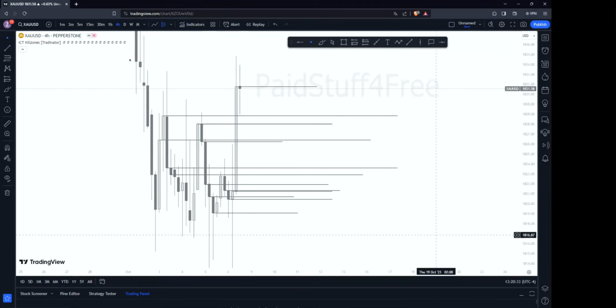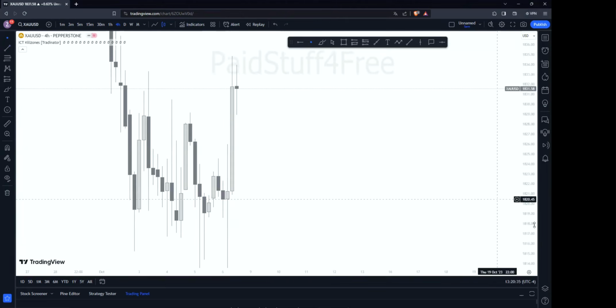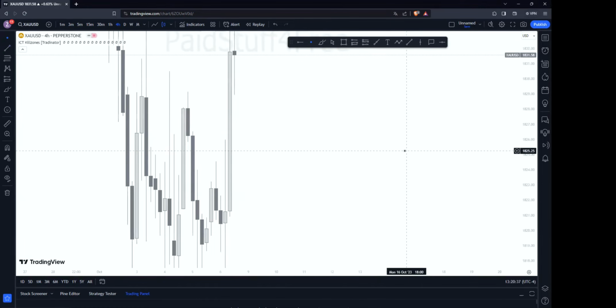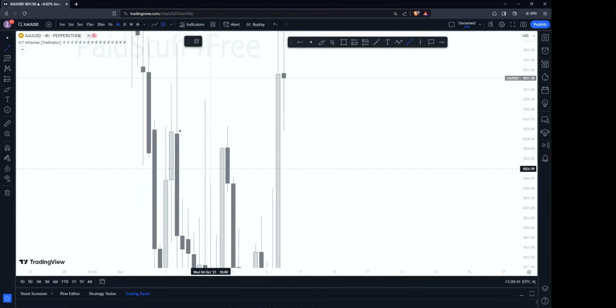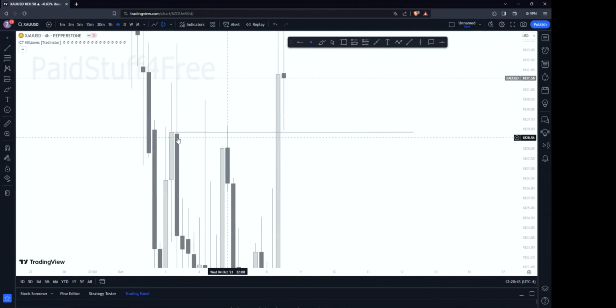So I'm gonna give you a few examples and you tell me if the level is fresh or unfresh, how many times it has been used, and how many times it has been touched. Now, let me take this level right here. So this level, what type is it? Is it fresh or unfresh? How many times has it been used? How many times has it been touched?